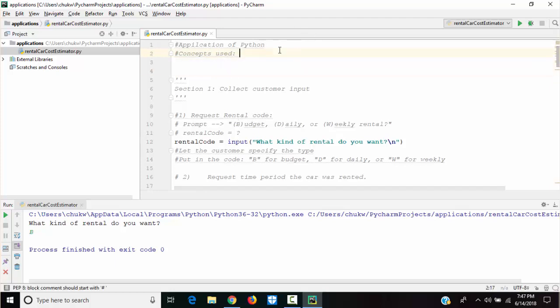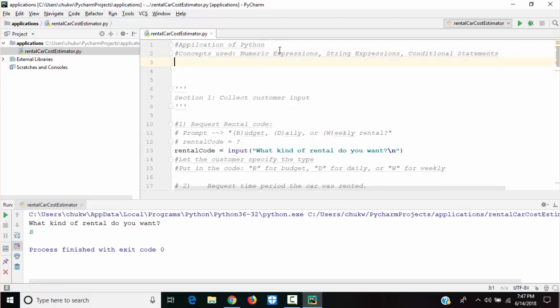The concepts that we are using here are numeric expressions, string expressions, conditional statements, and then the title of application.